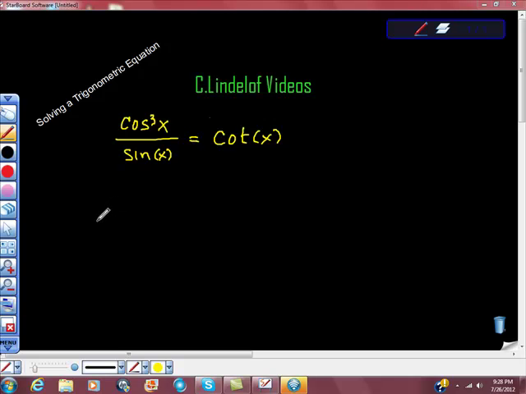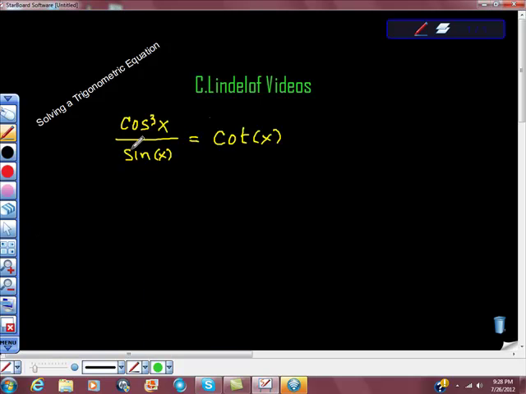Okay, I'm going to spend a little bit of time solving trigonometric equations. This one we have cosine cubed x over sine of x is equal to cotangent of x. And it's hard to figure out where to start sometimes. The thing that I looked at here that stuck out to me when I started to pursue this problem was